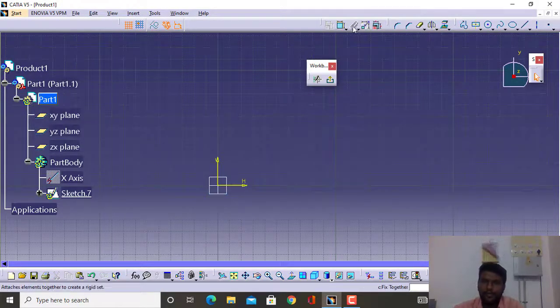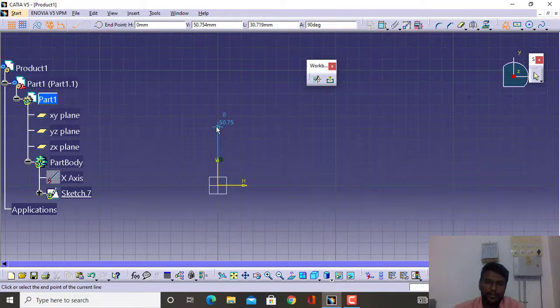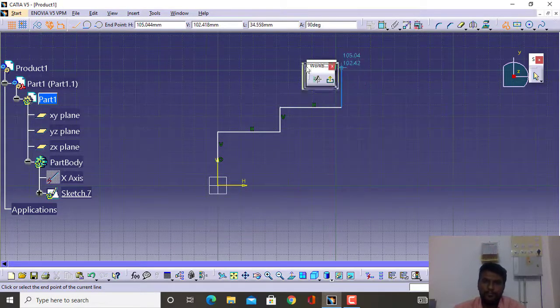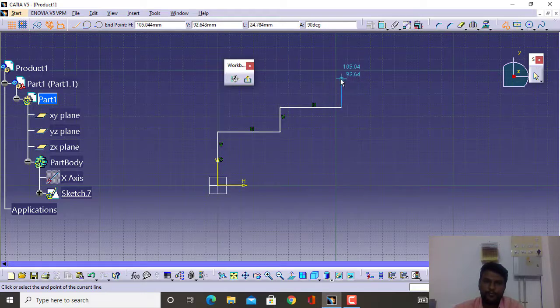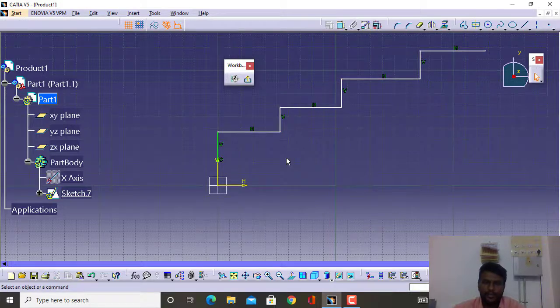Right. So let us begin with the profile tool. Take the profile tool and start from here. Whenever you want to create some hollow section, just create a section that is somewhere away from the axis. So there are 4 steps here, and then just click escape.